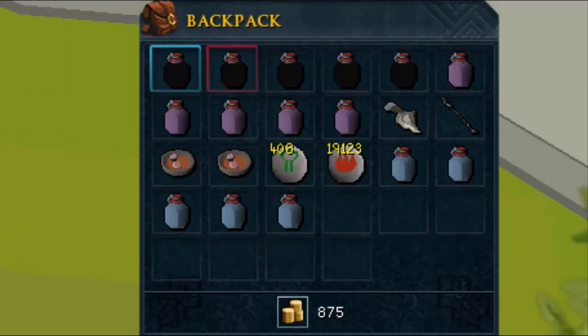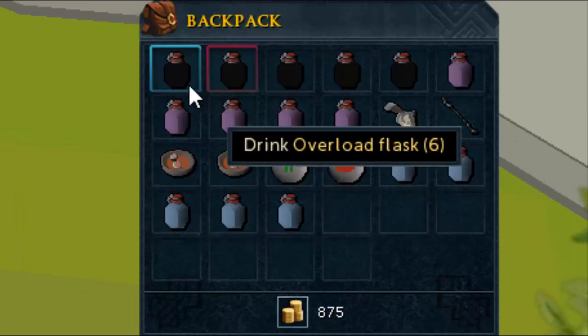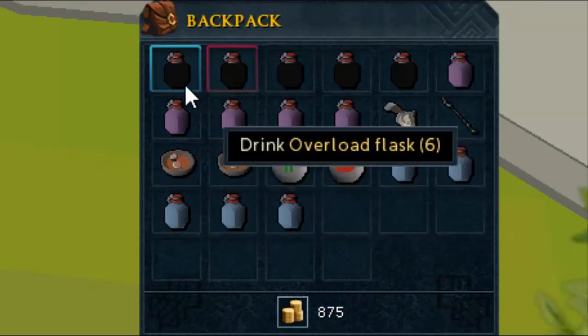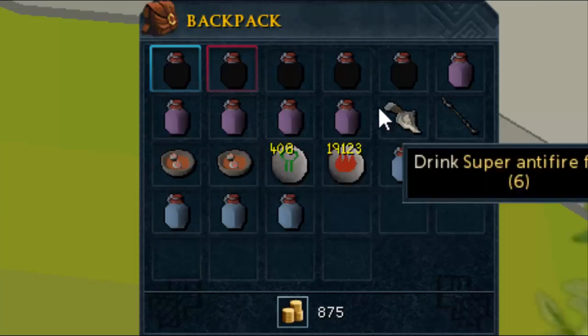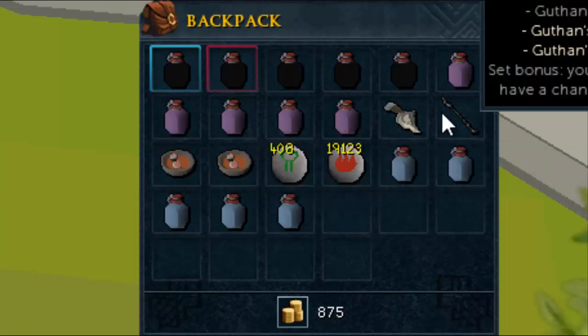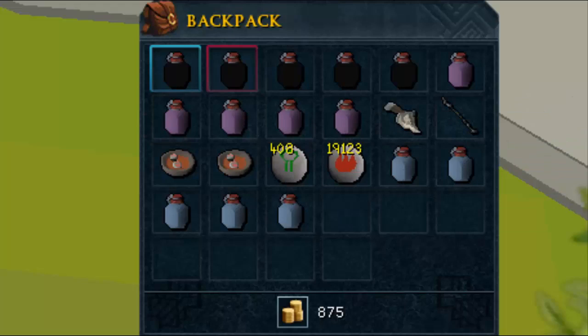So the inventory setup that I recommend is literally just set out right now. As you can see, we've got some overload flasks, we've got 5 of those. We've got some super anti-fire flasks, we've got 5 of those as well. So that's going to last us 2.5 hours. That's pretty cool. I have got some little bits of food down there, just in case I need those,